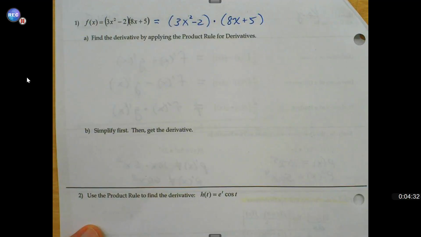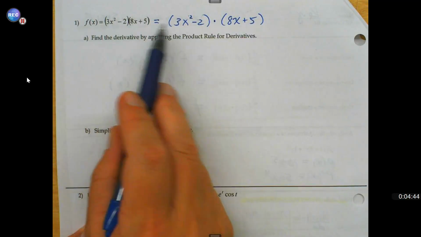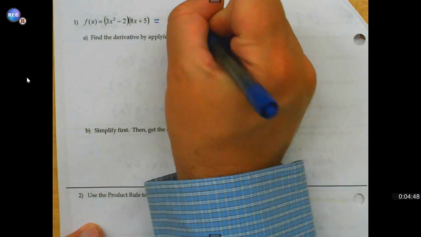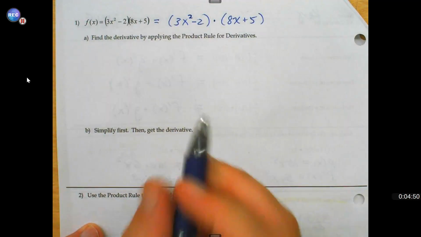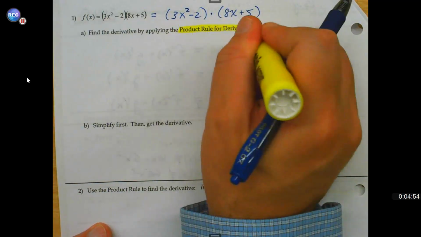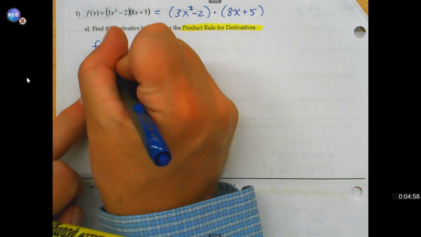Okay, so for example 1 on the next page, we're going to work this problem out two ways, and you could decide which is better for you in the long run. But what I'm giving you is function f is defined as the product of these two binomials. So I just separated that with a multiplication dot just to make that abundantly clear. So if I want to use my product rule, all right, you can take this thing for a test drive. We could say f prime of x